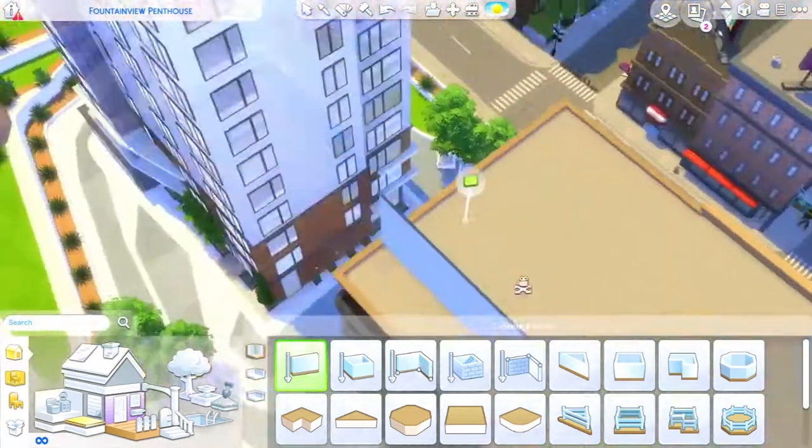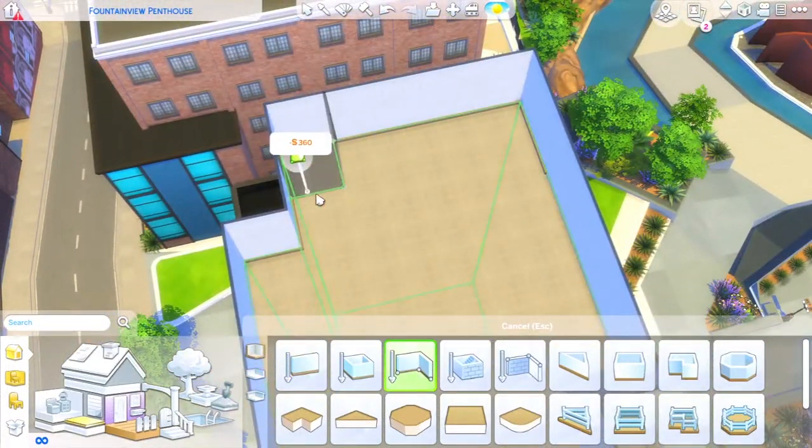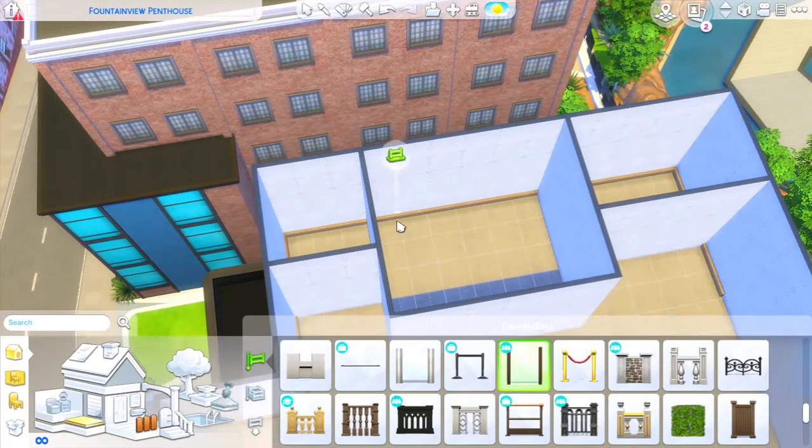Today we're going to be doing a speed build of the Penthouse that I built for the Hatfields. This is the 10th generation of the Hatfields. This will be their family home. I don't actually believe any of the Hatfields has ever...